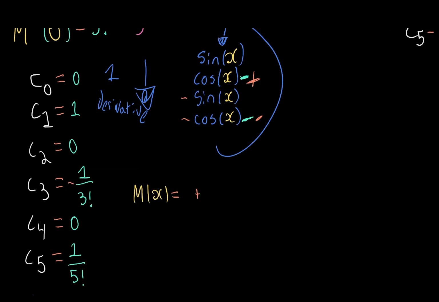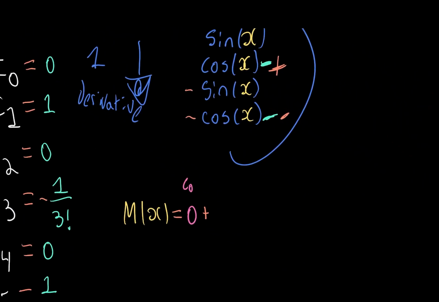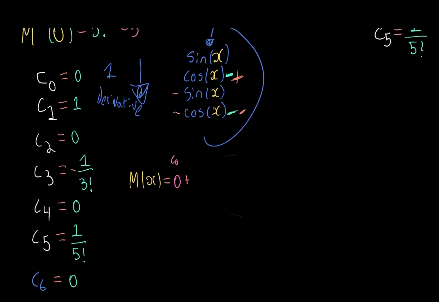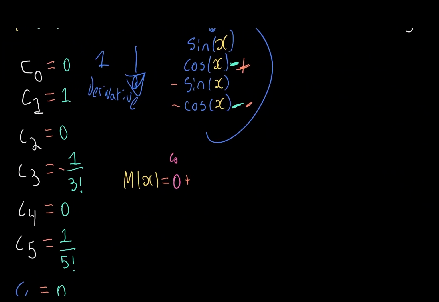Oop, that's not it. That is not purple. This was here originally c0, but we found that it's equal to 0 for sine x. Okay, so what was the second term? c1 was 1, so then we do times 1, and then that's going to be times x. Okay, and then we're going to do plus c2, sorry, c2, this will become 0, because c2 is equal to 0 times x squared, plus,